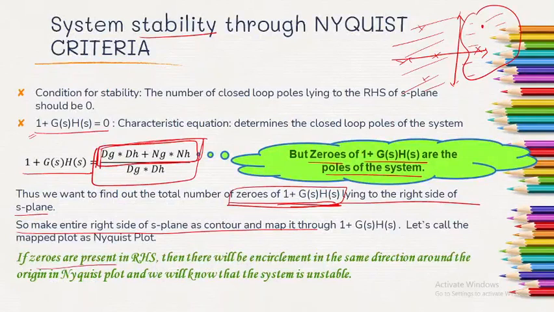So if zeros are present in the right hand side, then there will be encirclement in the same direction around the origin in Nyquist plot, and we will know that the system is unstable. And this is the concept behind the Nyquist criteria. Okay, यही बेसिक कॉन्सेप्ट है कि नाइक्विस्ट क्राइटेरिया को हम किस तरीके से यूज कर रहे हैं. Now